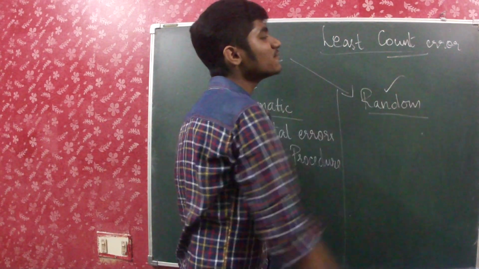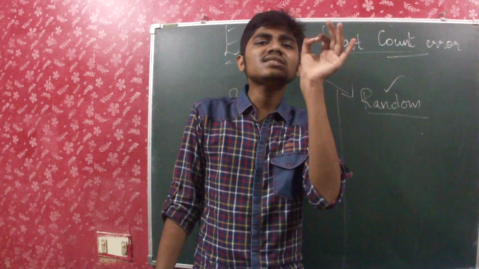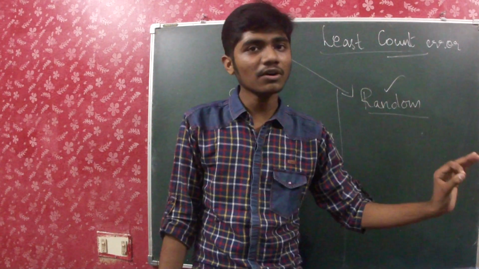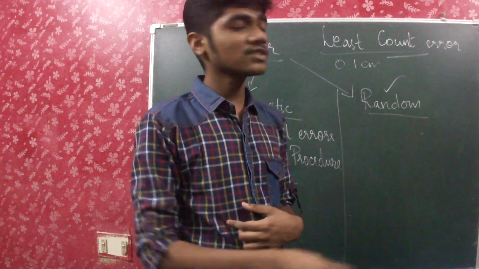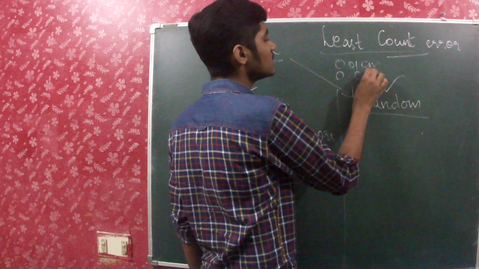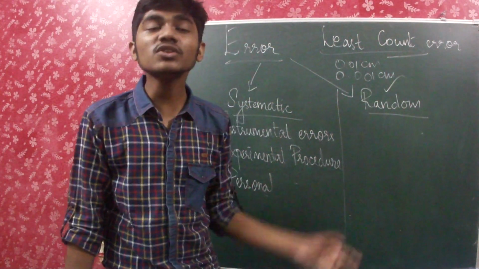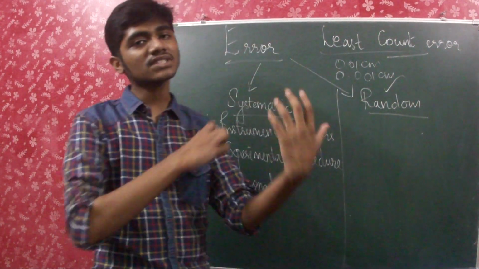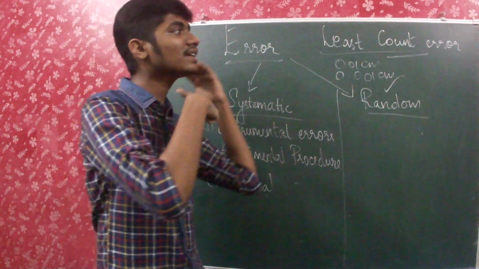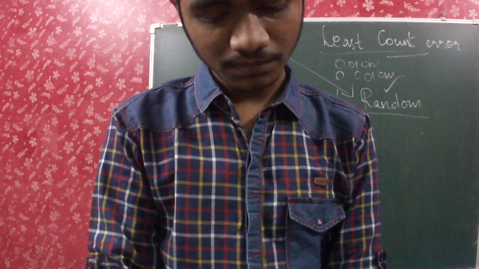For least count, we must first know what least count is. That is the smallest measurement that an instrument can ever make. For example, for a vernier caliper, 0.01 centimeter is the least measurement that the vernier caliper can make. That is known as least count. And for the spherometer it is 0.001 centimeter. This is for the vernier caliper and this is for the spherometer. If there is some error in the least count, that is something which comes under the instrument. So it's systematic and at times it's also random. This is what is known as least count error, if there are some changes which occur in the least count.